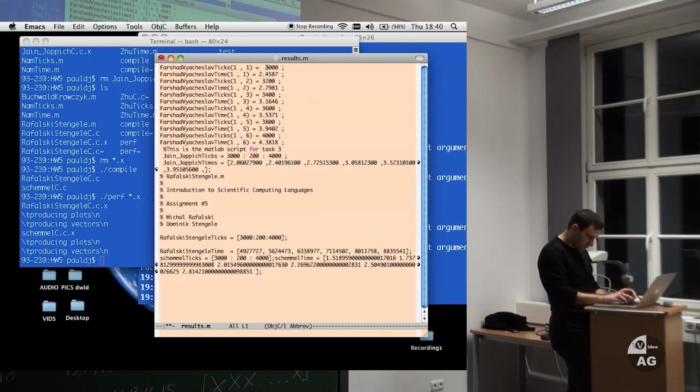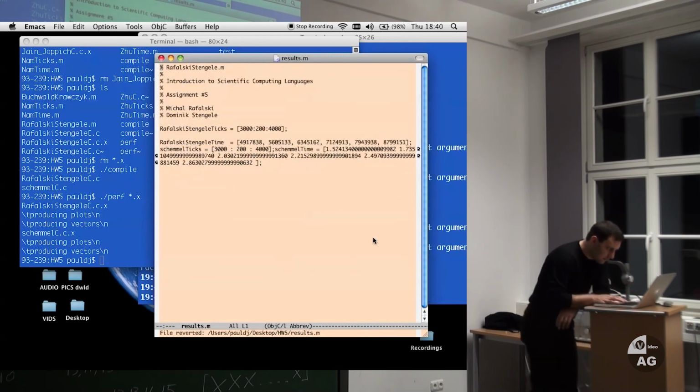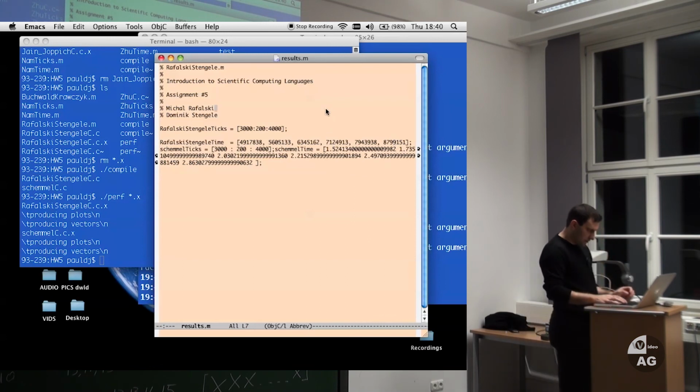Come on. Reload. And there is no way we still get these things. I have no idea why. Rafalski Stengele looks like... Why is this happening?